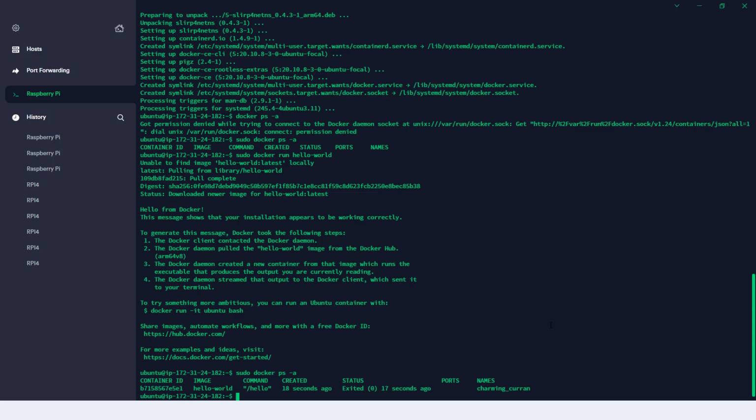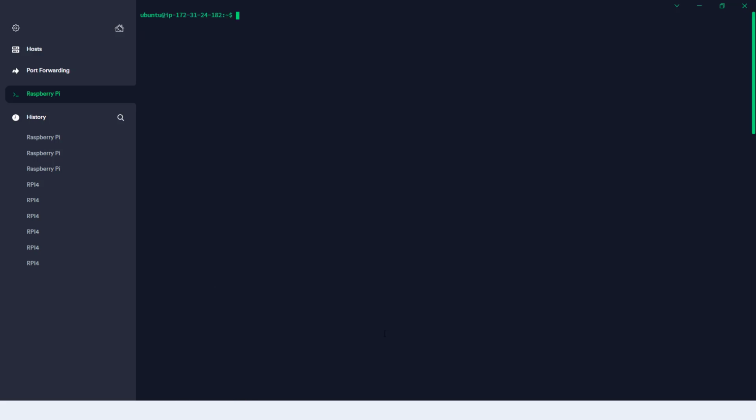Now I am again back to my host server. I'll clear this out. Now we will create one directory called Docker, where we will volume mount our Docker containers.